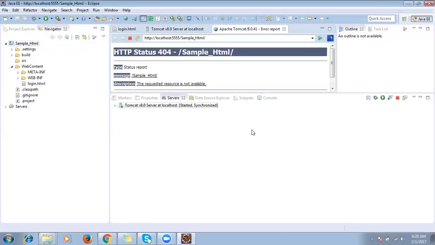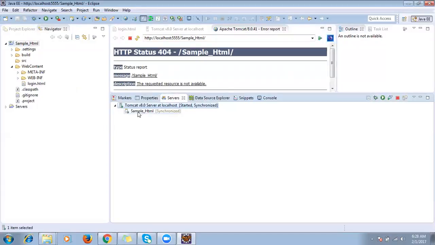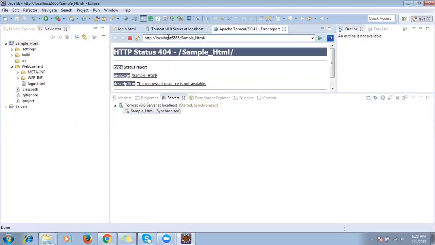They will be running the server. Now, if you expand the server, you can see your application. So now inside this Tomcat server, your application is deployed. Now we have the server URL. So now copy the server URL and open the browser,